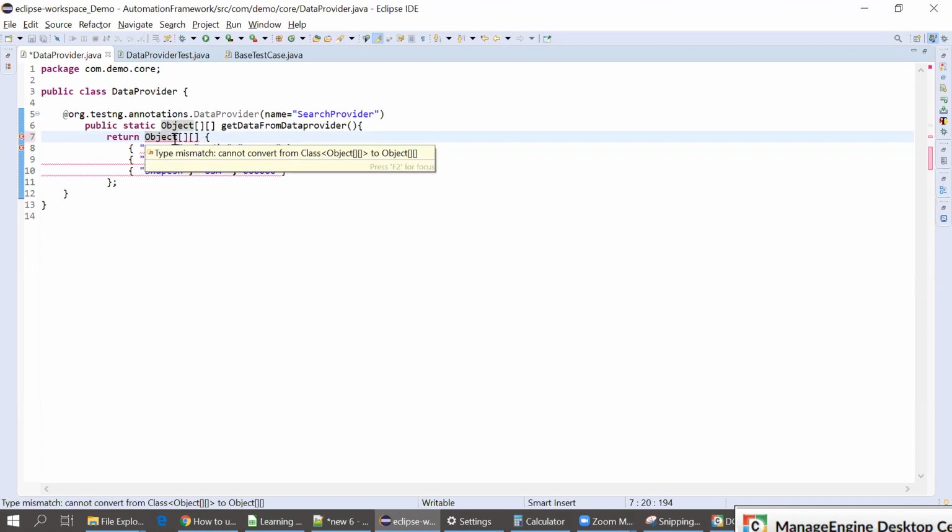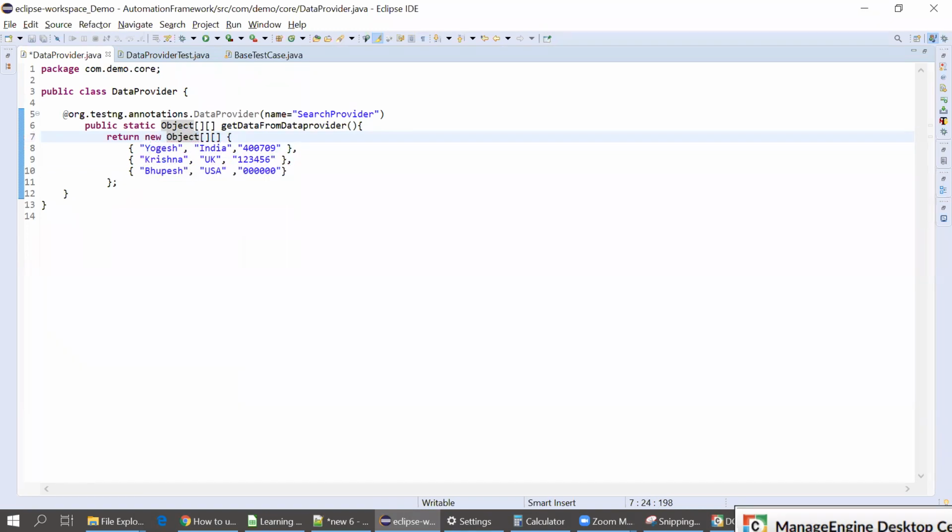So this is not a proper syntax. So basically, the new keyword is used to create an object and assign it to a variable. New is used for memory allocation. Every time new is used, memory will be allocated, and it should have some variable pointing to it. So that's the work of new.